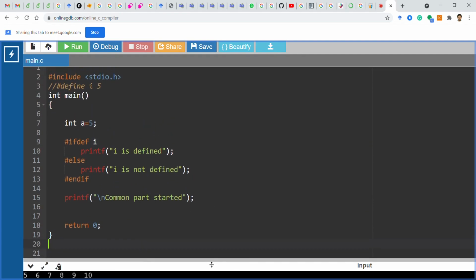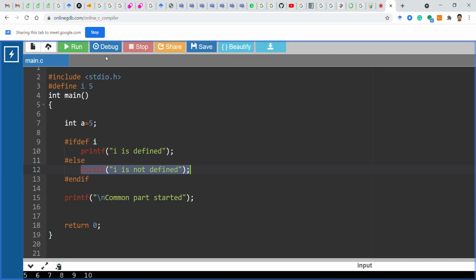You see what is given: I have included this header file, fine, and here suppose I have defined I. And what I have written is that if this I is defined, then this particular set of lines will be there in the code. If I is not defined, then this other line will be there.